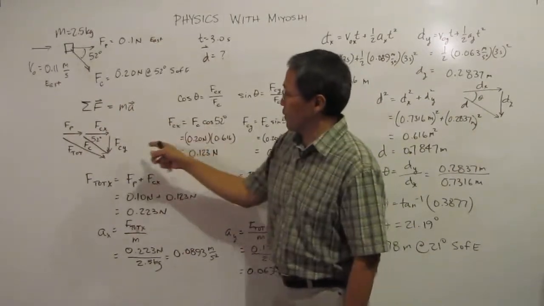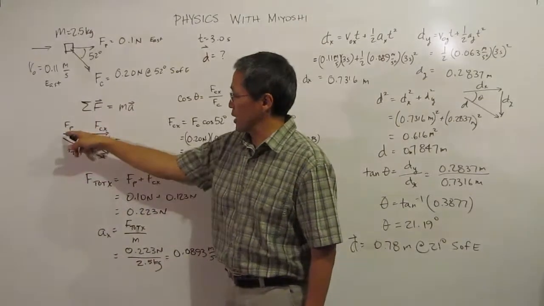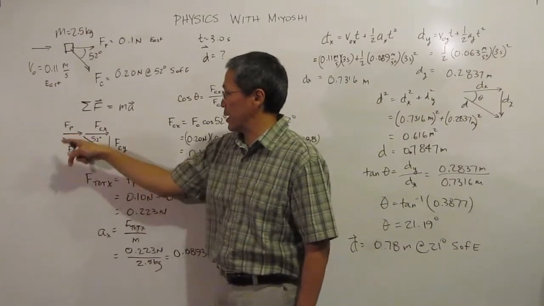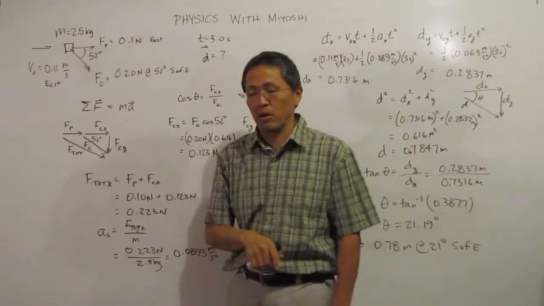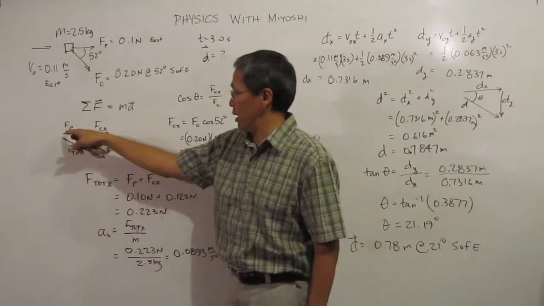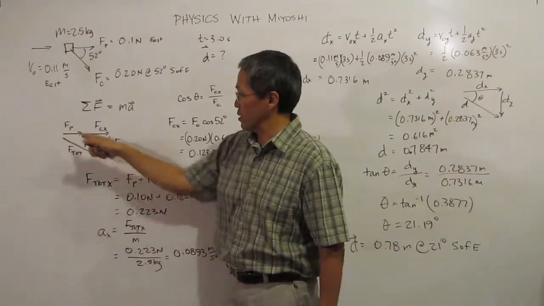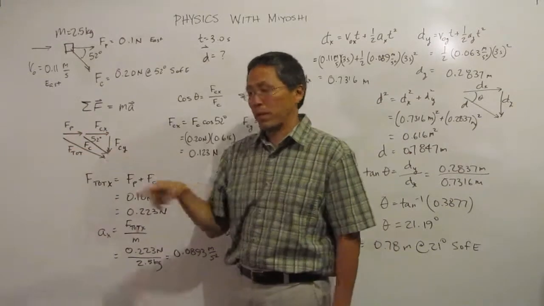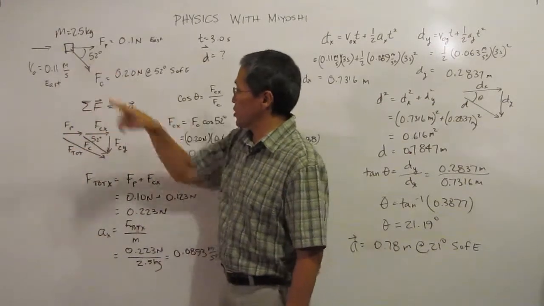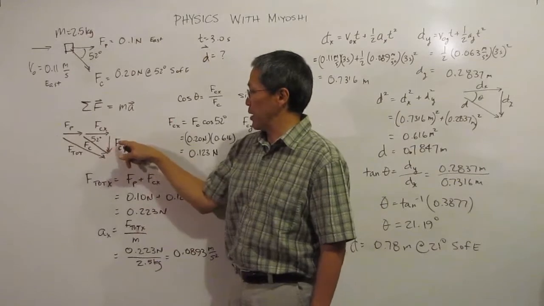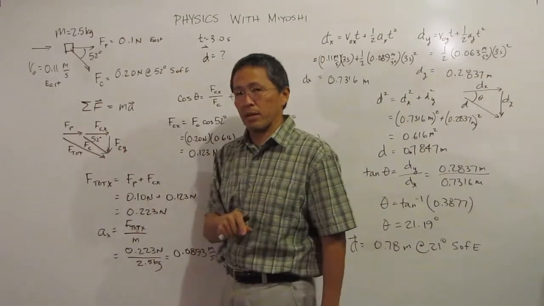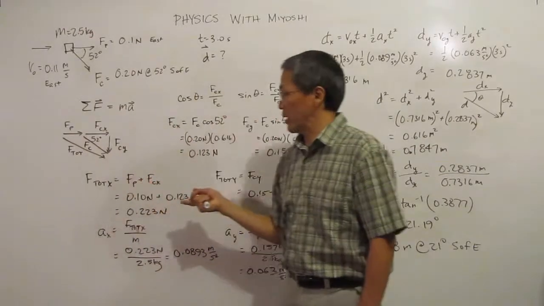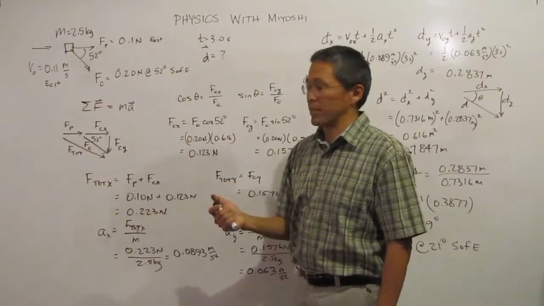But before we do that, we're going to have to remember that we're going to add our forces together. When we add them, we can get our final total force, but we don't really care about that. All we really care about is our vector components here, our x direction and our y direction. And so when we look at that to add them together, really we're just looking to break up this force of our current into x component and y component, and then we can find our accelerations from there, and then from that acceleration we can find the distance.